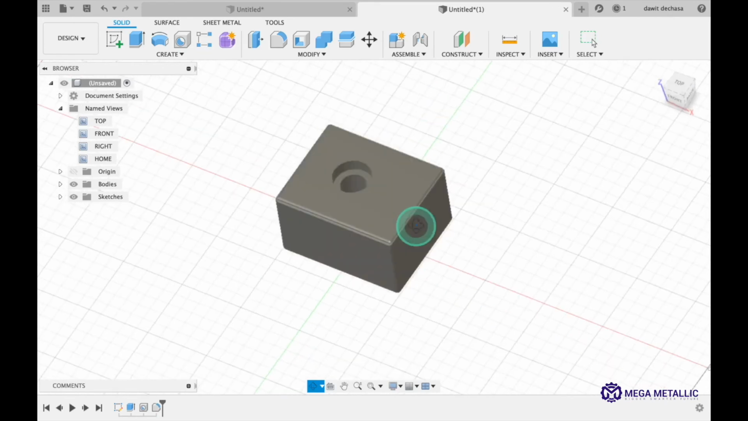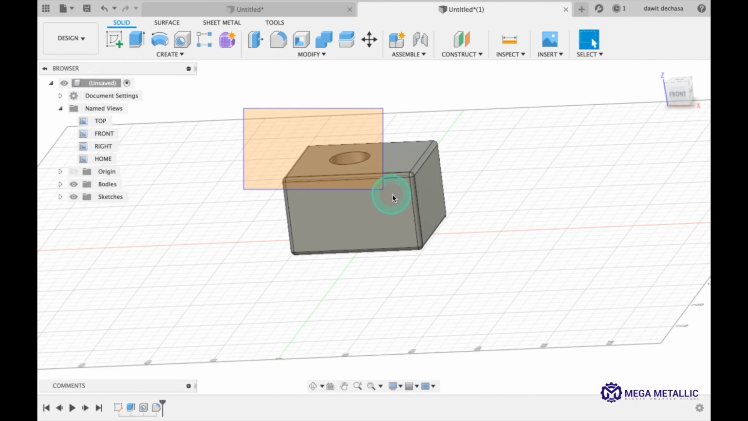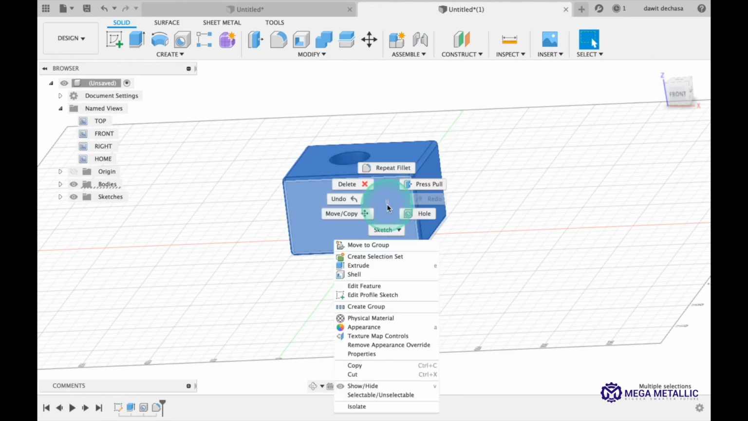Oh, one more thing. In my previous 3D model, this hole was located at the center, but I forgot to put that at the center. So what I can do is now I can select, oops, let me exit out of this free orbit, otherwise it won't let me select the body, the box. Oh, there we go. So we can right click on it, then edit feature,